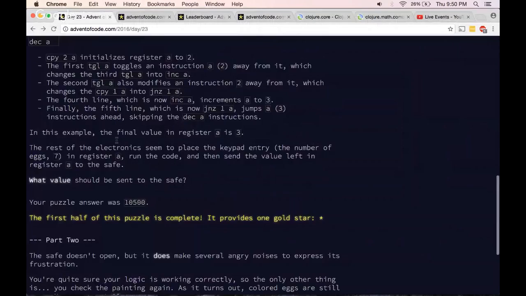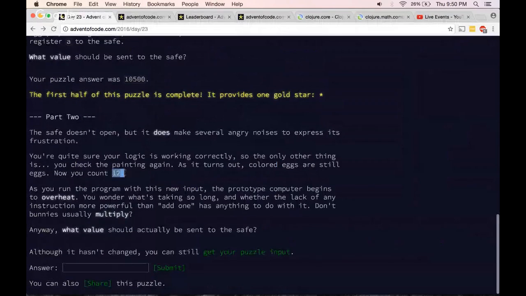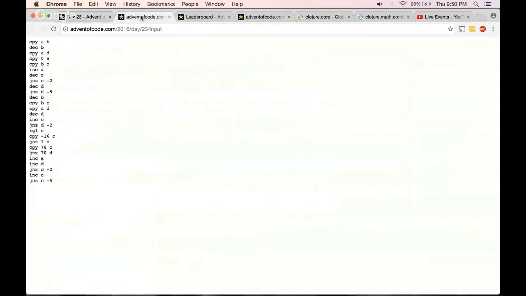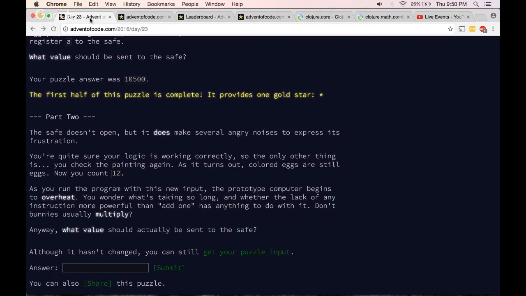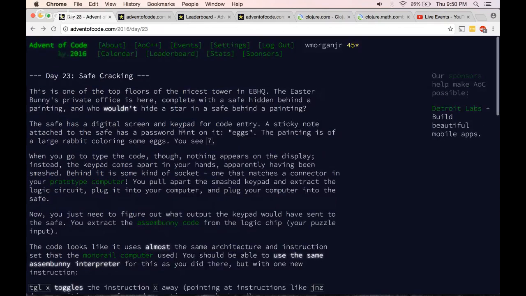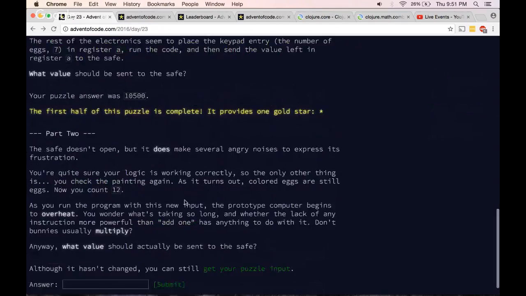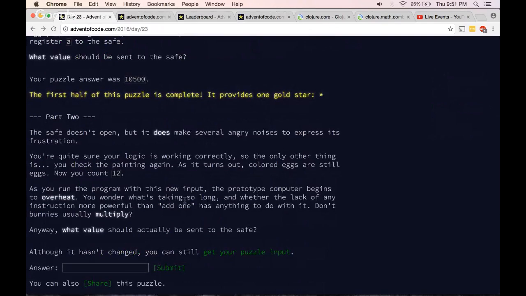In the second part, it gave us a new value for the input a, and what is basically happening here is it's forcing it to do a bunch of multiplications. So it just takes a while, and we noticed this in day 11. It's day 11, right? Day 12. But it didn't really matter because by the time I could have written that optimization, the whole thing worked anyway. But anyway,